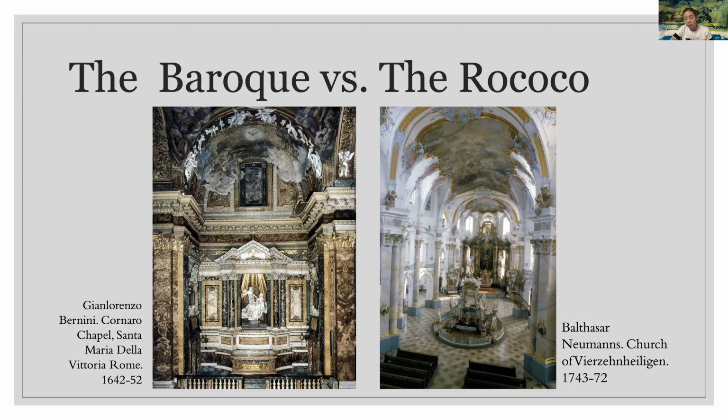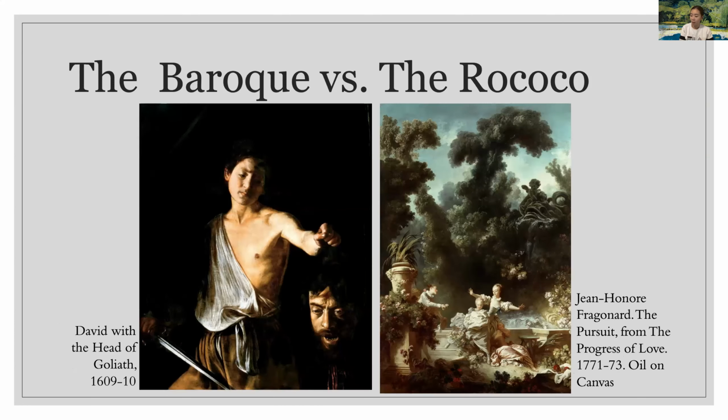So the Baroque style is dark but grandeur. However, the Rococo style is bright, feminine, and sophisticated. Very good, everyone. How about the paintings? The left one is Baroque style, Caravaggio's painting, and the right one is Rococo's painting. These two paintings use deep contrast lighting well, but seem different. We can feel the different feeling. What's the difference?